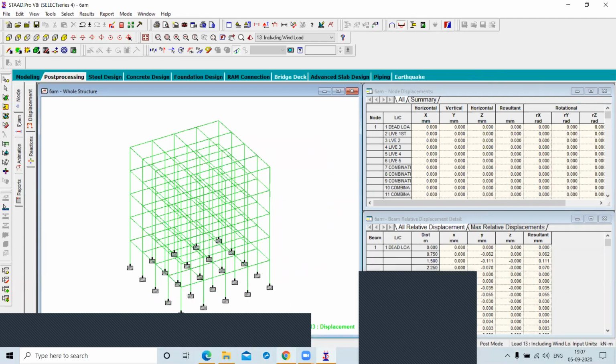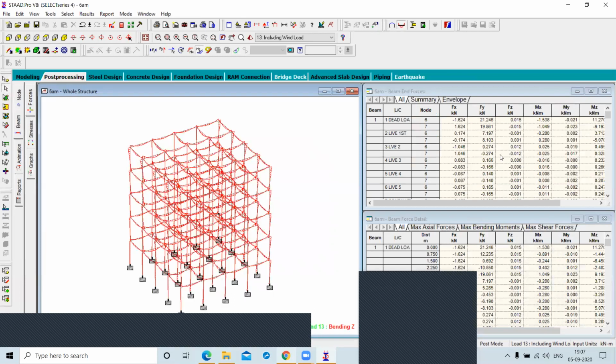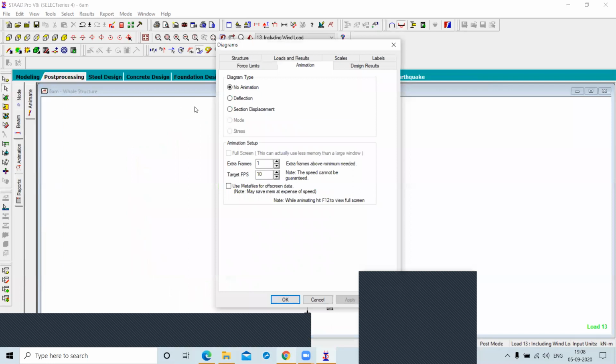After that, if you click on the beam, it shows the bending moment, axial forces, and shear forces, with all the forces in the upper table, and the bending moment and shear force in the lower table, right? And if you want to see the animation, you have to select the animation, click on any animation, and here you choose the deflection. Click on apply and OK.